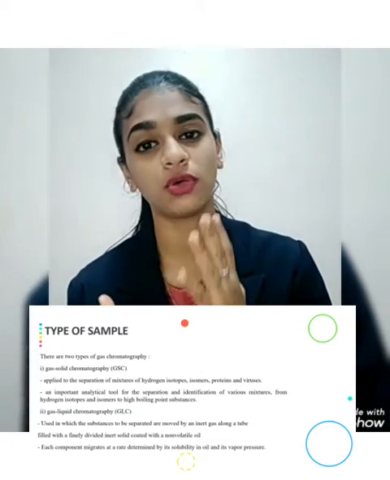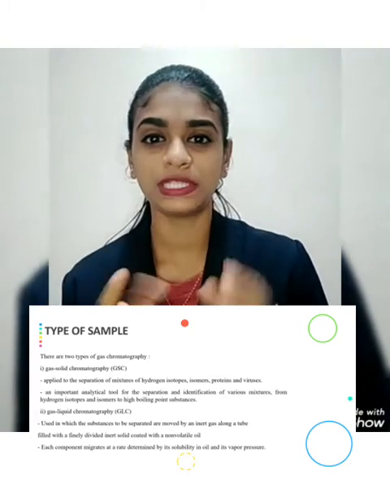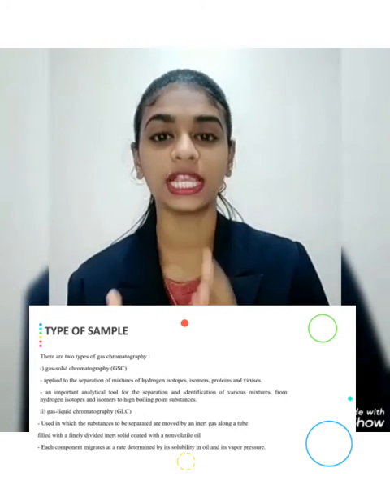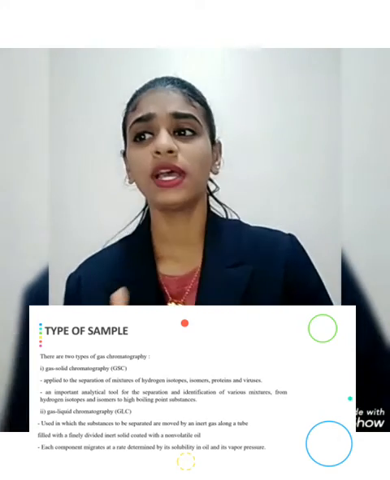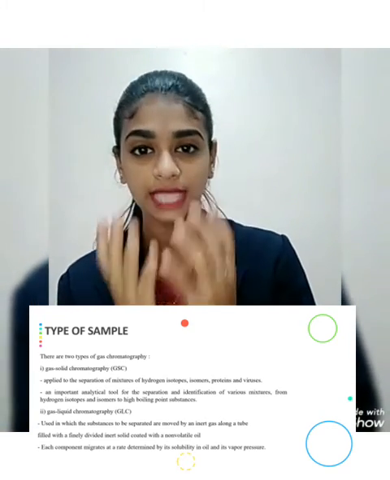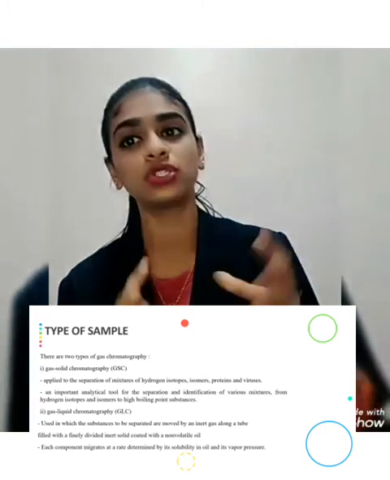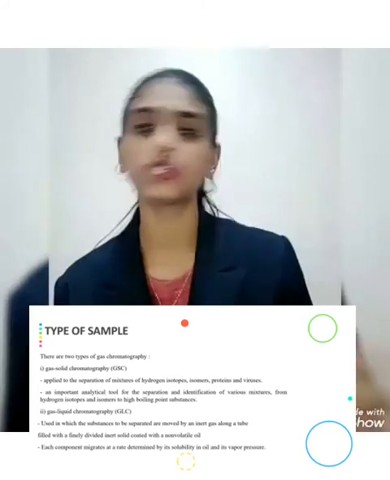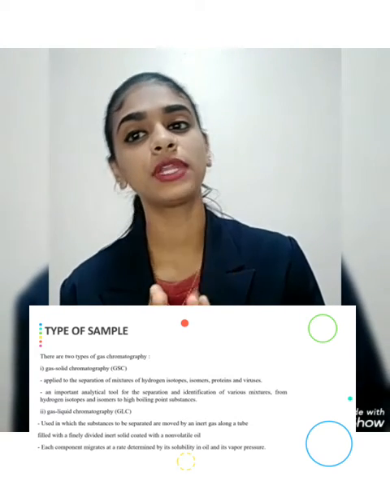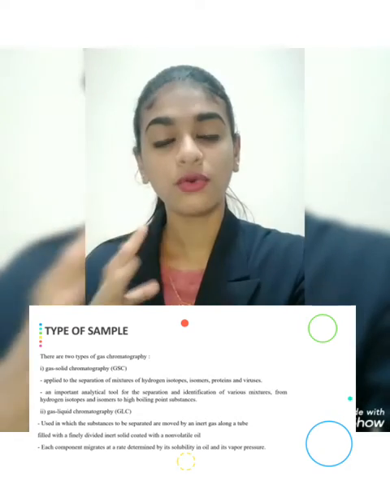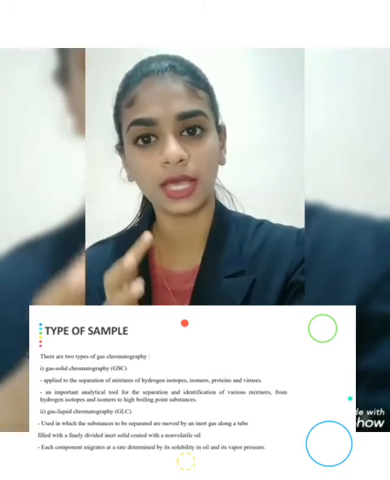Basically, there are two types of gas chromatography. The first one is gas solid chromatography. The short form is GSC, and the second one is gas liquid chromatography, and we call it GLC. Now, gas solid chromatography is applied to the separation of mixtures of hydrogen isotopes, isomers, proteins, or virus, and it is also an important analytical tool for the separation and identification of various mixtures from hydrogen isotopes and isomers of high